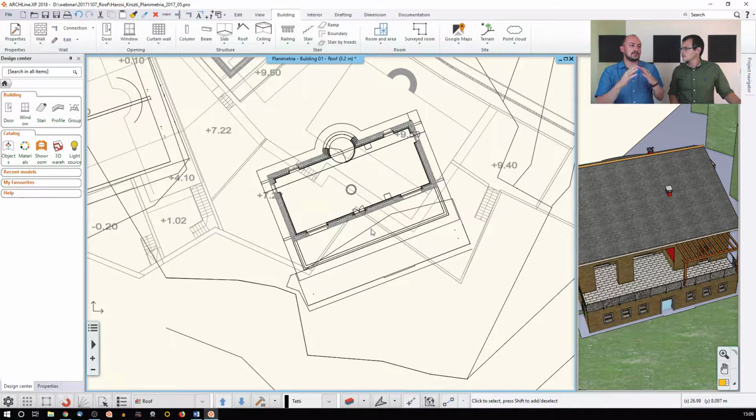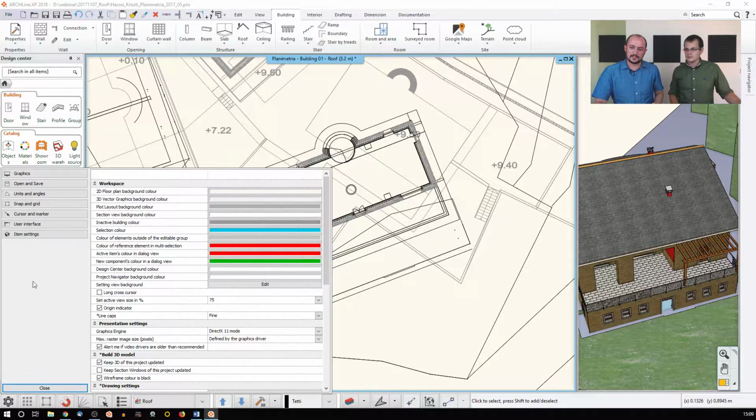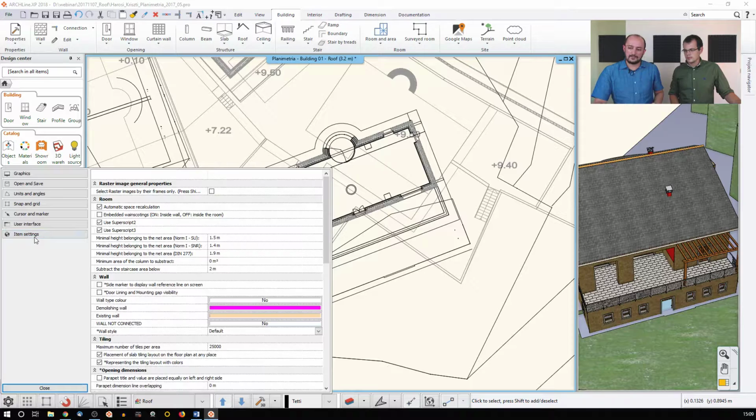In some countries there is a specific value which, if your room is falling under that value, then it's not considered inhabitable. So this value can be controlled here in the settings. You can go and find the item settings, and it's called the minimum area of the minimal height belonging to the net area, and it's this value by default. You can change it here,